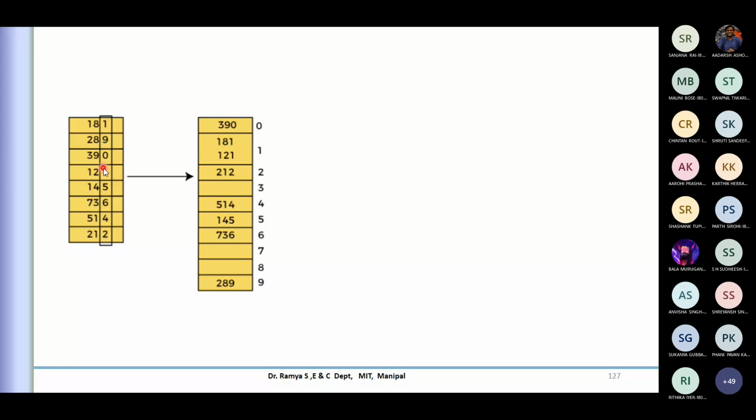We'll begin here. This is what I'm referring to as a bucket. Since it's a decimal system, I can have a maximum of 10 categories, 10 buckets. What do we mean by bucket here? In this case, 181 is here, and its last digit is 1, so it will be put into the bucket of 1. I call this the group which contains the last digit 1. It is basically a grouping.